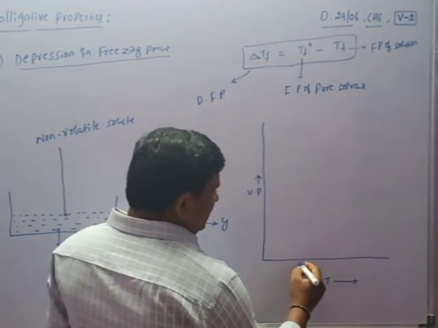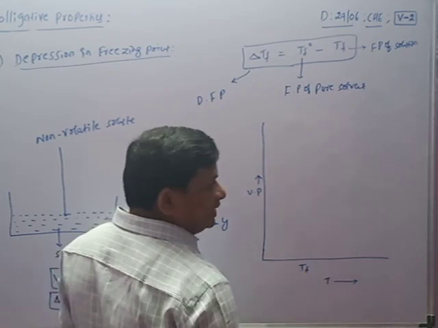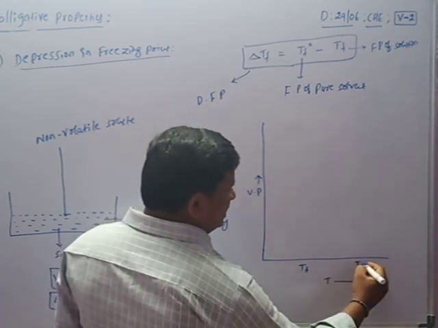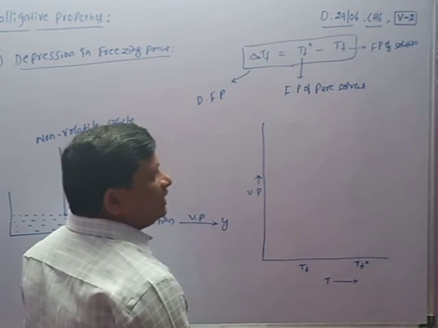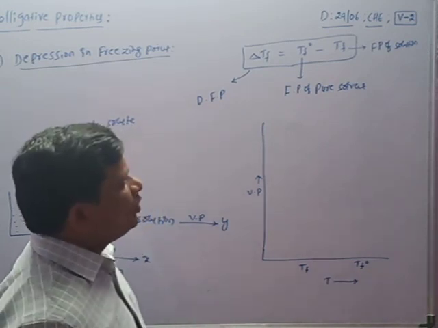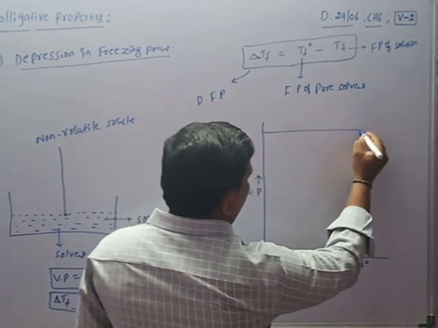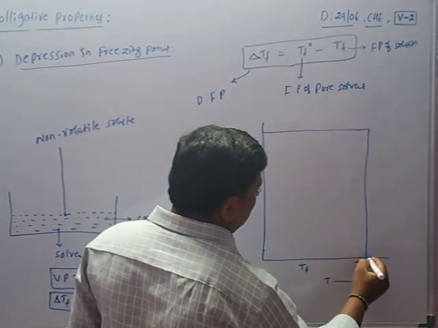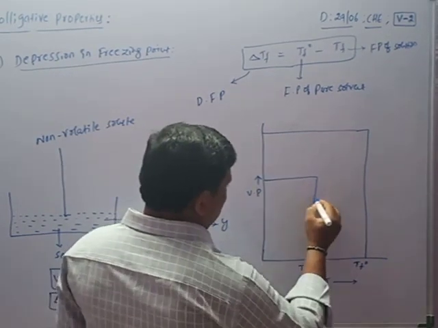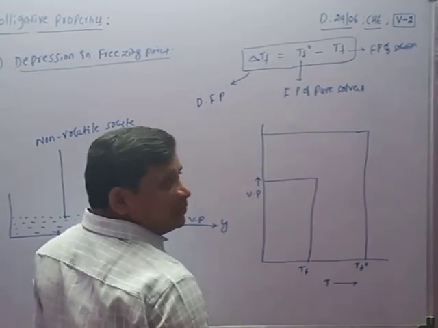So for example, it is the TF, and this is TF naught. TF naught is the freezing point of the solvent. And this is the freezing point of the solute, the freezing point of the